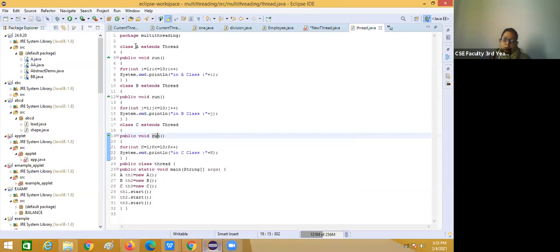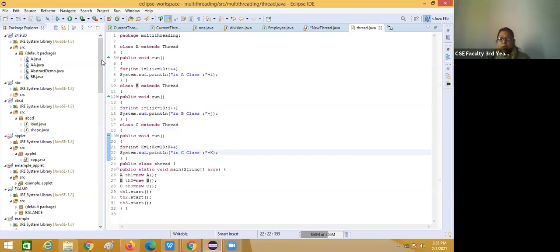So when A starts, it implements this run method and starts to print from 1 to 10. After that, when B starts, it will start printing from 1 to 10. Then C will go from 1 to 10.